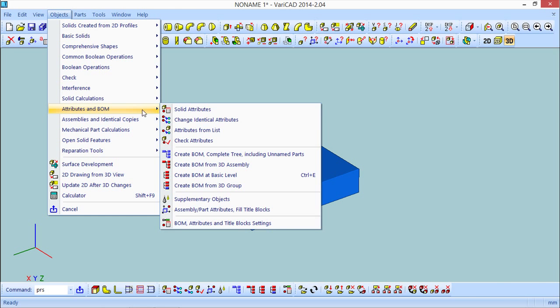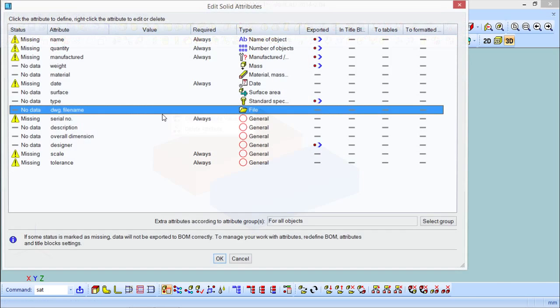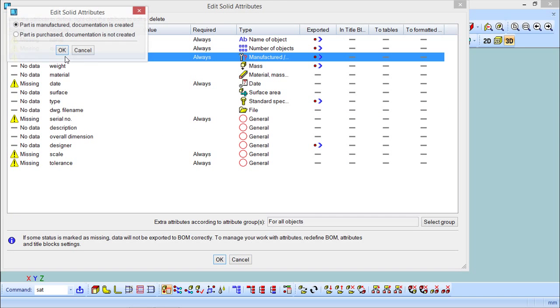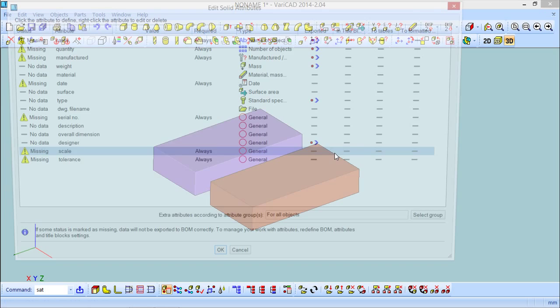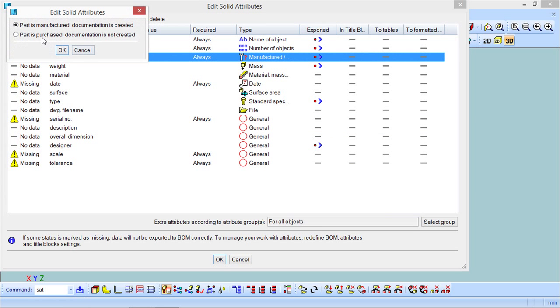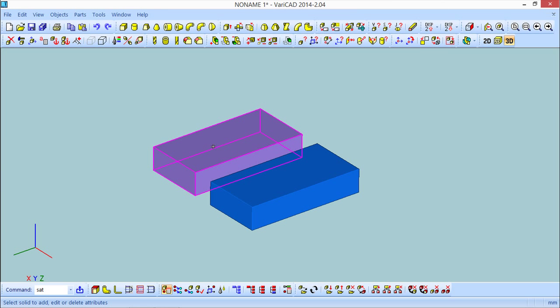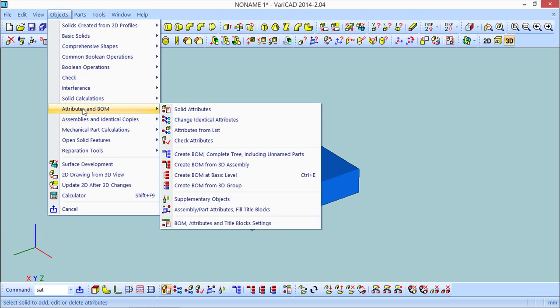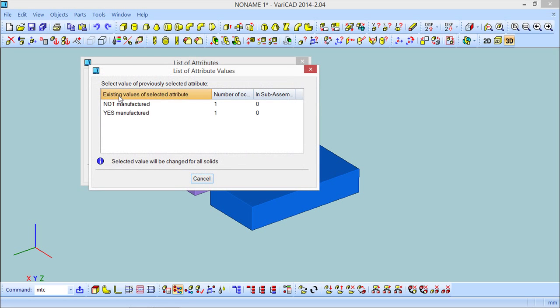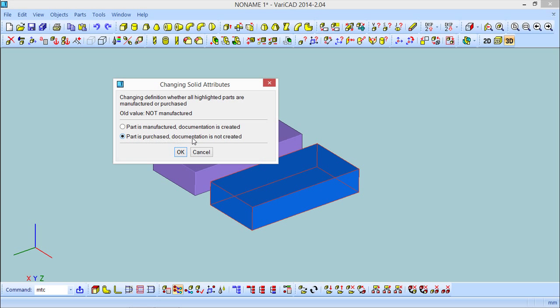For this one, I say the part is manufactured, and regarding this one, it is purchased. So this is manufactured, this will be purchased. If I go now to this function, change identical attributes, the manufactured, so not manufactured, so purchased,